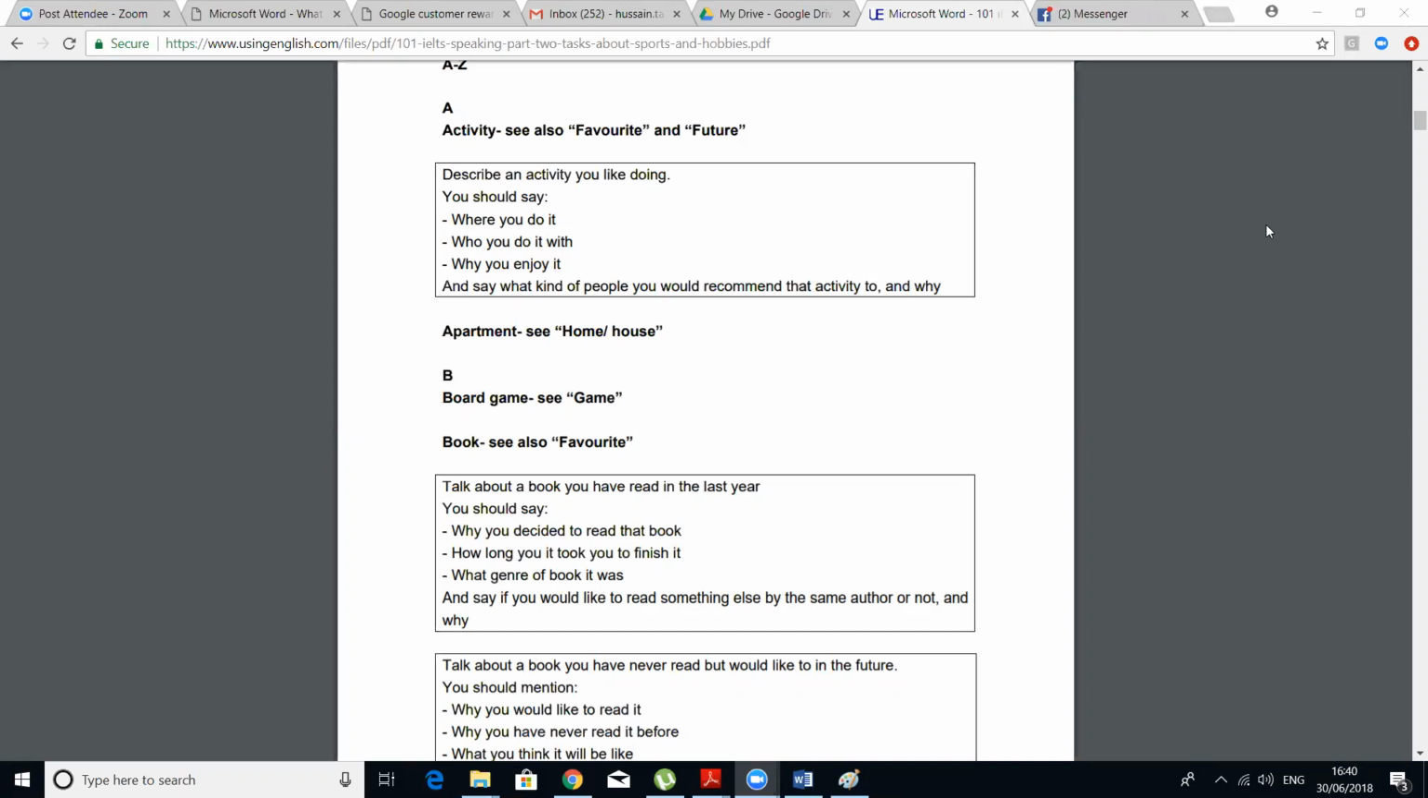So before we build a relation between this part and part three, why don't I invite you to give a talk on these two topics now. I will invite you one by one to give a talk on the first cue card and the second one. So Nigaran and